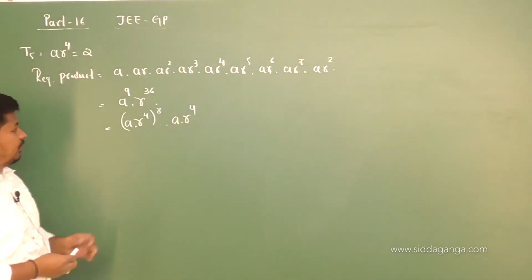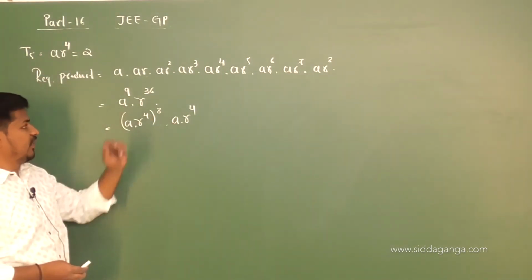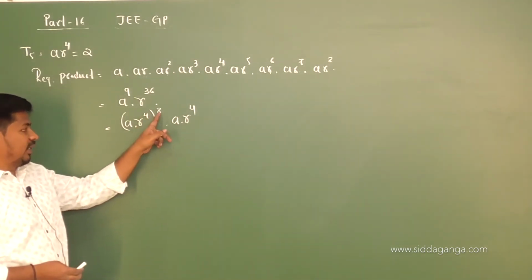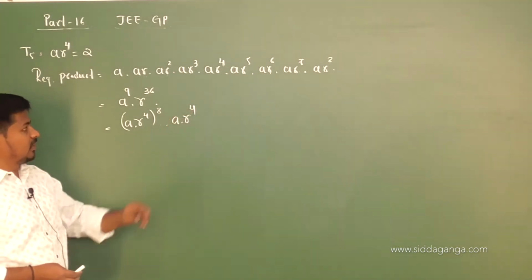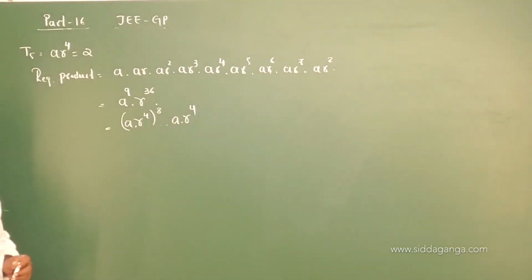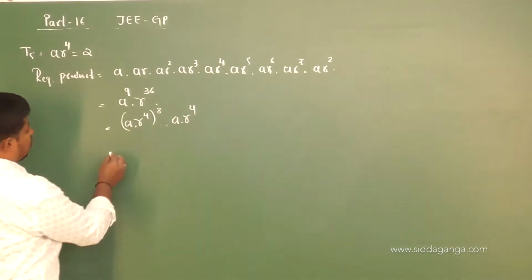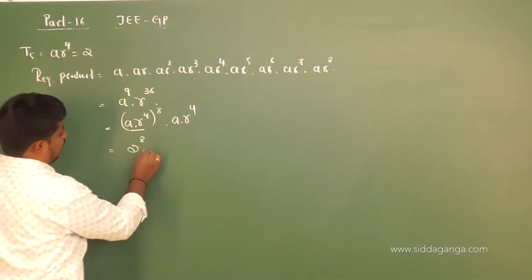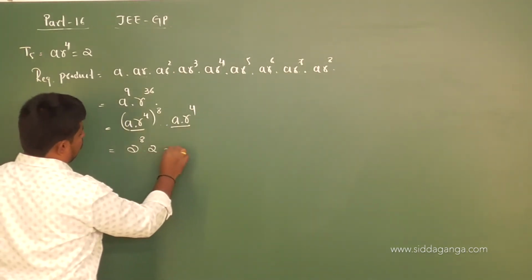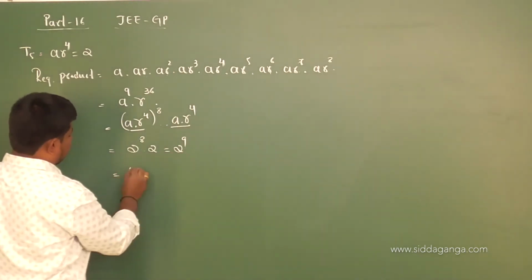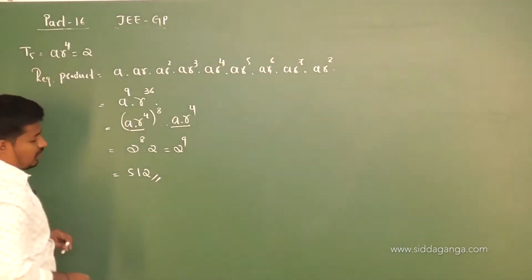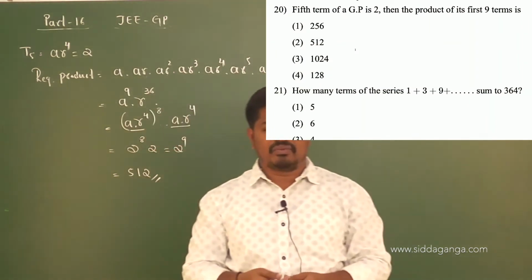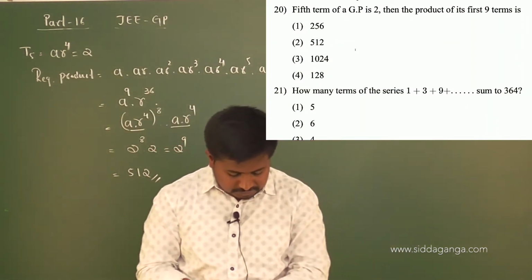Hope you got it, students. A power of 8 into a power of 9 you get. And r power of 4 into 8, 4 8 is 32, into r power of 4, you mean 36 you get. So what is a r power of 4? We have 2, right? So you mean 2 power of 8, a r power of 4 is 2 into 2. So total you get 2 power of 9, that is what? 2 is multiplied 9 times. So you get the answer 512. That is option 2 is the correct one.